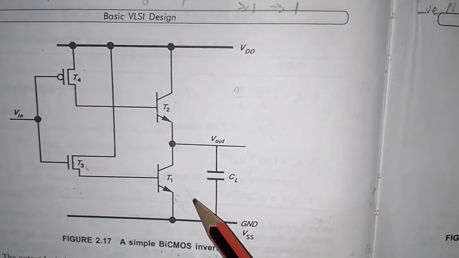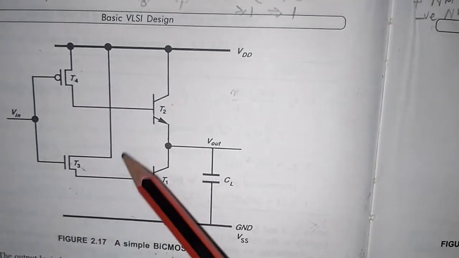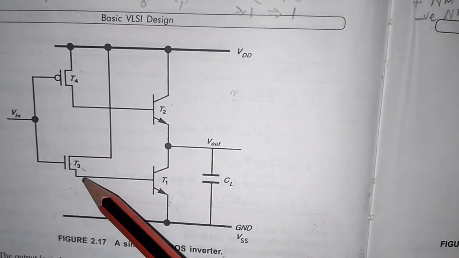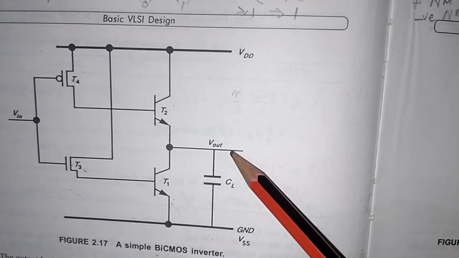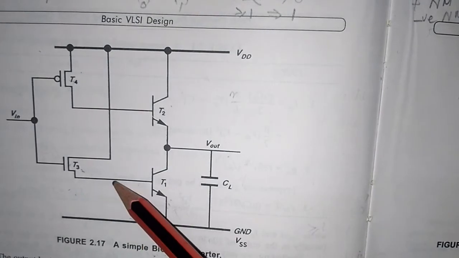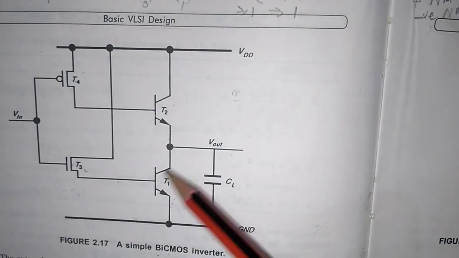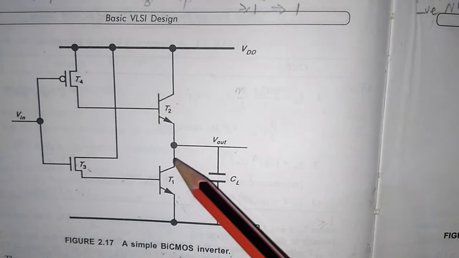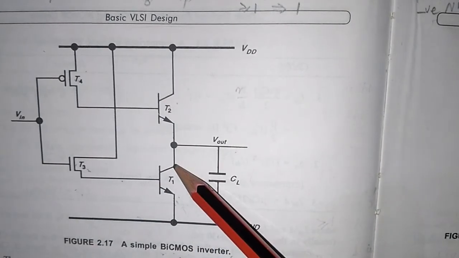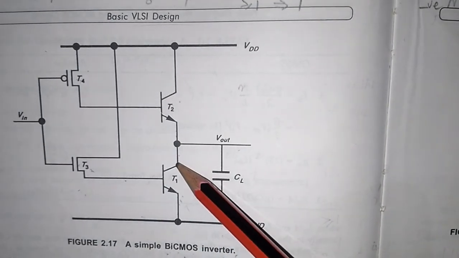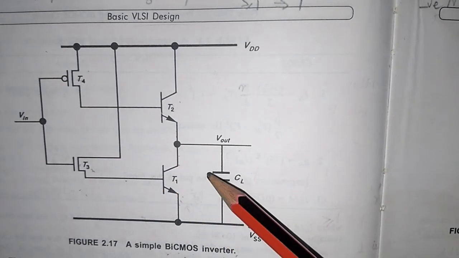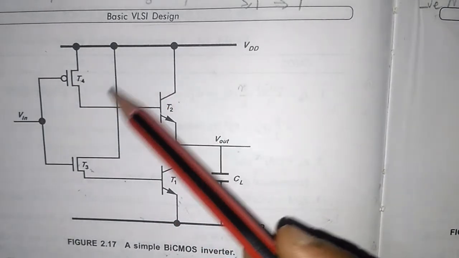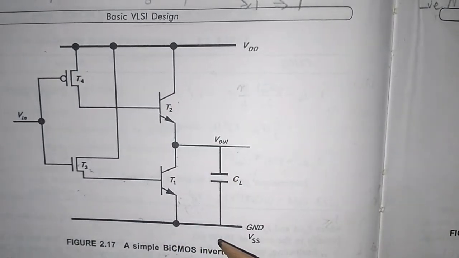Now, why was this coined? It is because we want least static power consumption, which is an advantage of CMOS, and the main advantage of BJT is that its current driving capability is relatively very good when compared to a MOSFET. You know that the base current is small while the collector current is large. How many times large? It is beta times large. So definitely a BJT is capable of sourcing the output current. To combine both these advantages, this new inverter, the BiCMOS inverter, is being studied for this purpose.